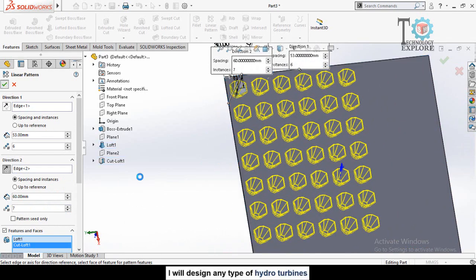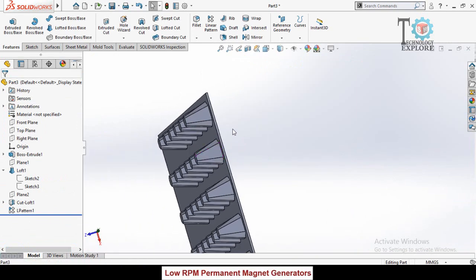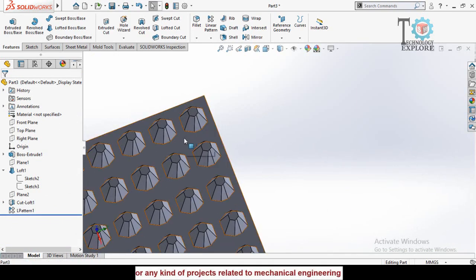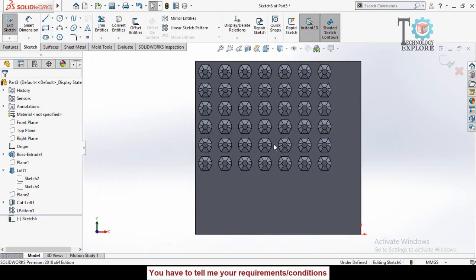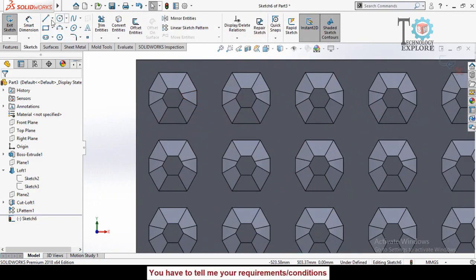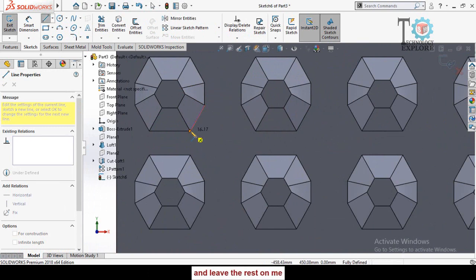Now press OK button. So now we have to make another loft quite similar to this side, but for the opposite direction. For that, sketch on this face, then make normal to by pressing Ctrl+8 key, and then draw a sketch by using line. Start at this point. Just follow me.